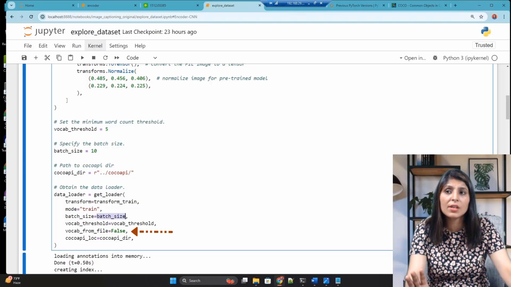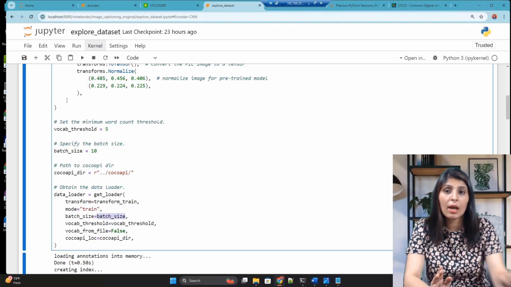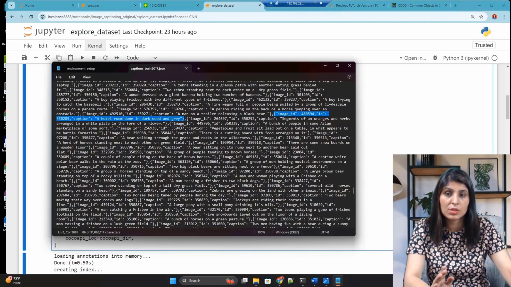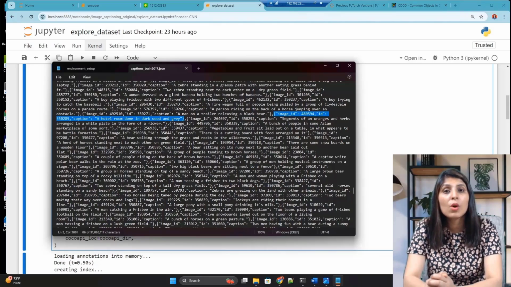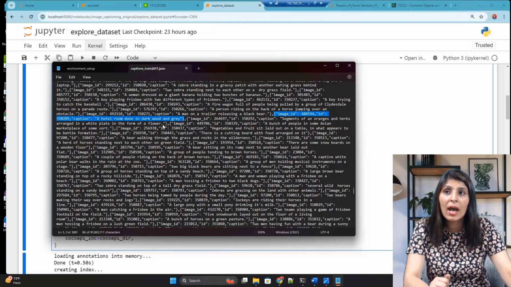Now let's understand what this vocab from file is. Vocabulary means how many unique words are present in the captions of your dataset, as we have seen the captions here. We have created one separate file, and in that file we have written all the unique words.